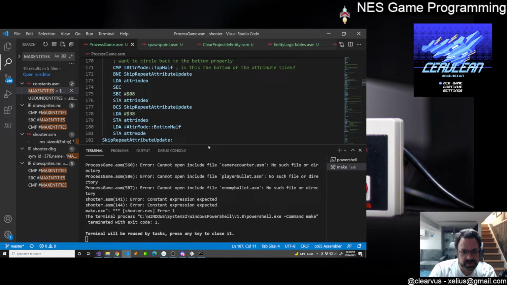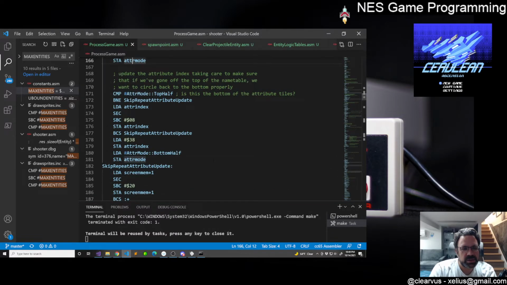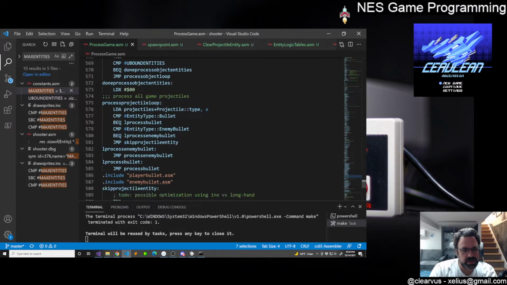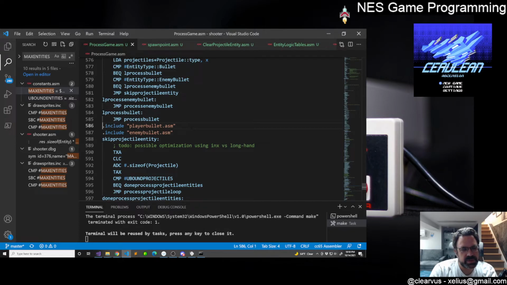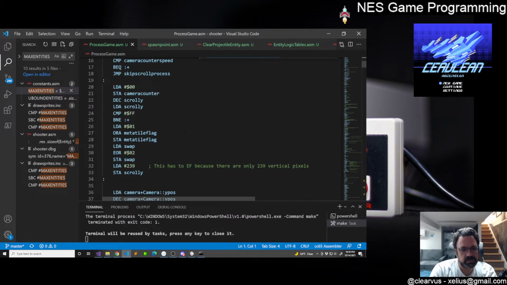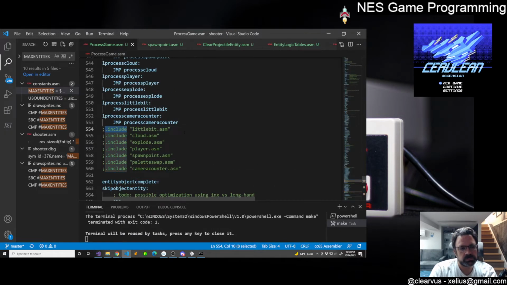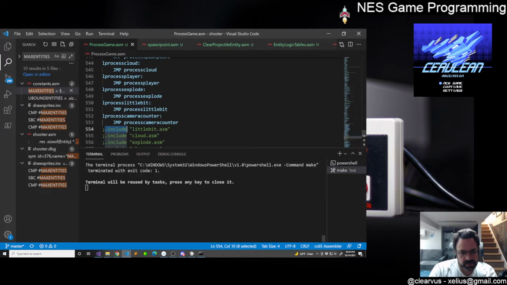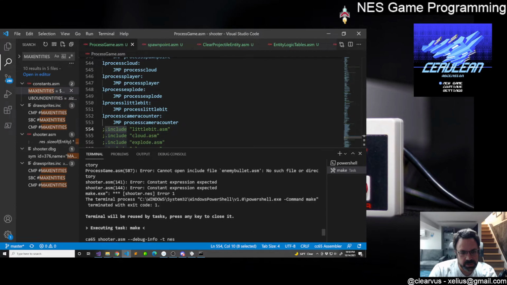Maybe it's something in this, because now we have all these include files, these .inc includes, that don't really make sense anymore per se. Let's comment these out because they're not meaningful anymore anyway. This one is okay in theory. Draw sprites. Okay, so that's better. Constant expression